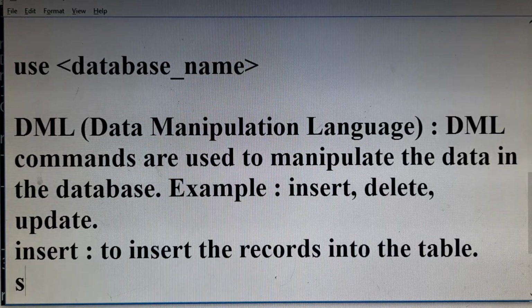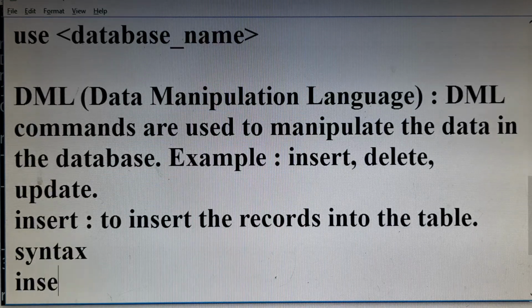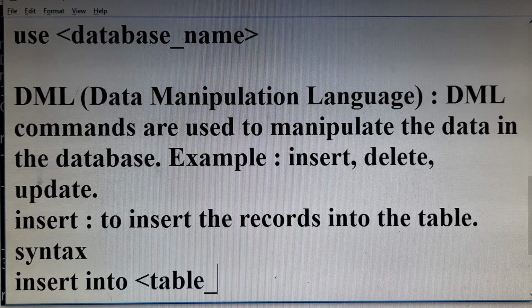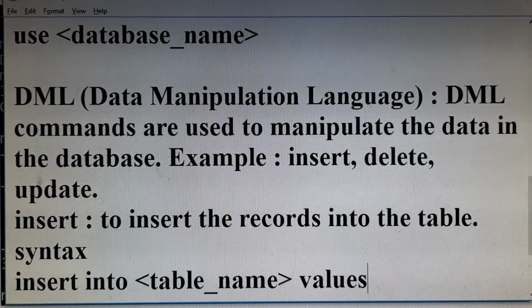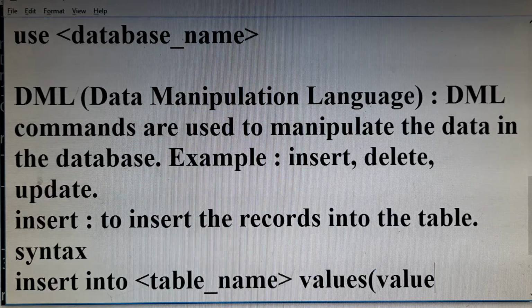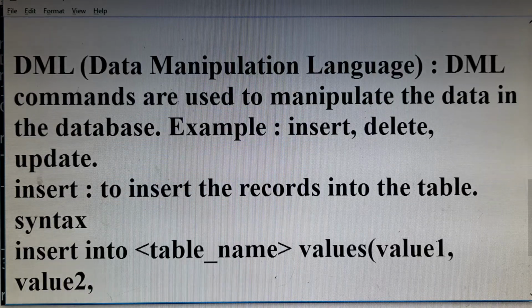So syntax is: insert into table name values. Inside the brackets, we can give value 1, first column value, value 2, second column value, and so on.